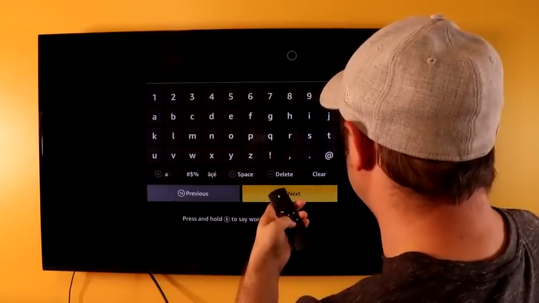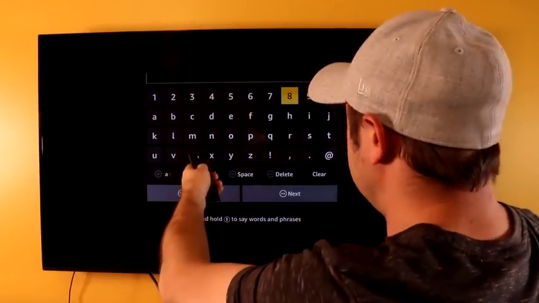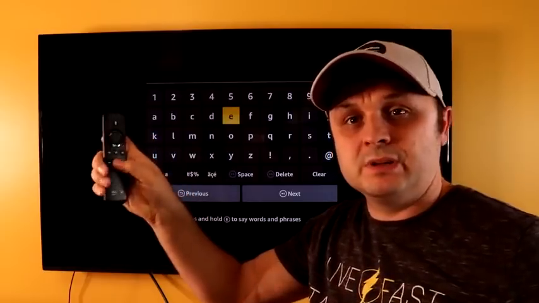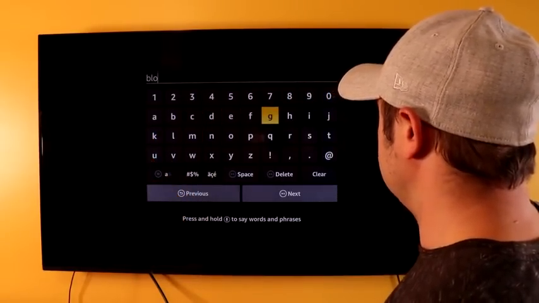I had it off. There you go. It's off. Okay. Now I will go here, and you can see I can type, right? I can go over the letters once I disable the mouse toggle with the play button. It's a little bit wonky, but you'll get a feel for it. Blog. Okay, you want to type in